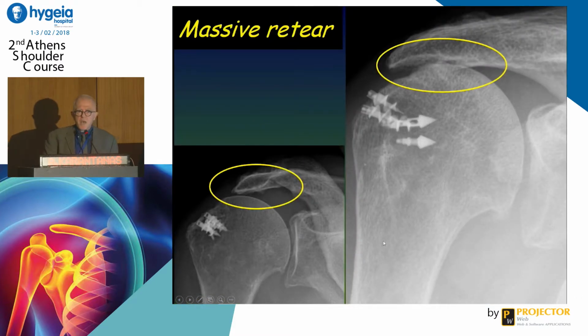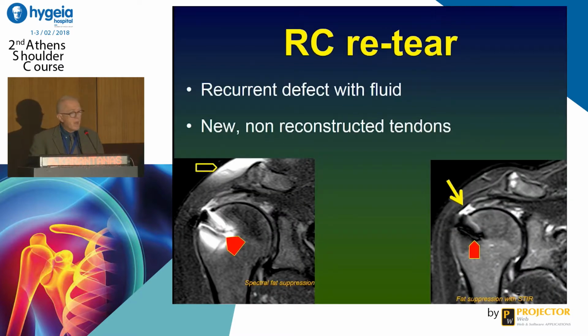A massive retear can be suggested with plain films because of the reduced distance between the humeral head and the acromion, as we see in these two patients. We need 7 millimeters normally. That's the normal one. And regarding the retear, here we have to deal with a lot of normal findings,